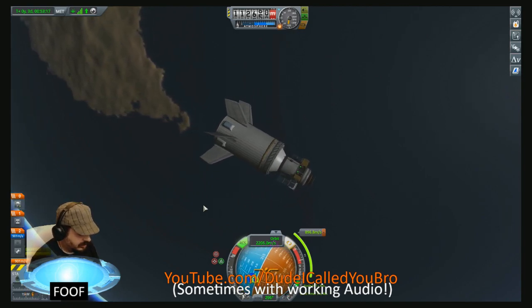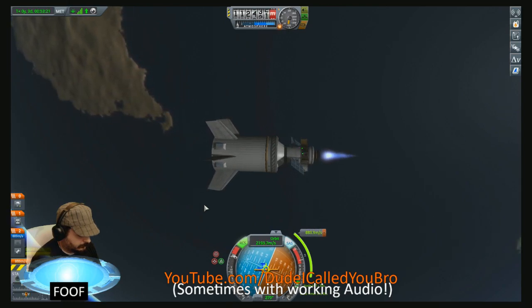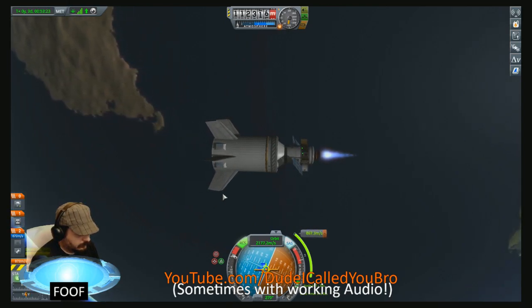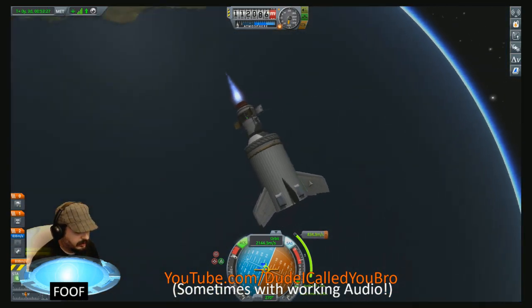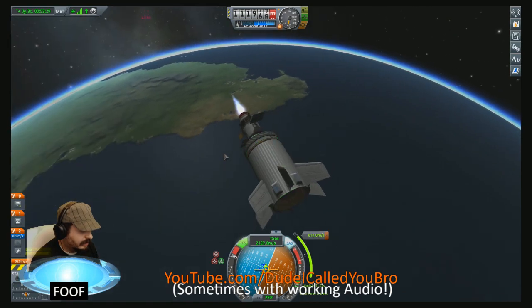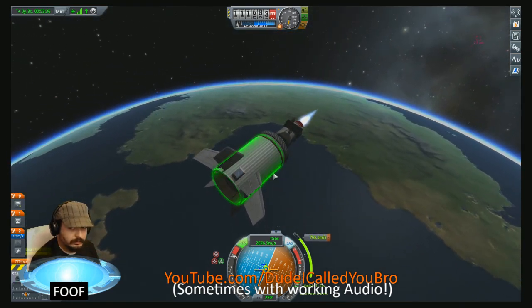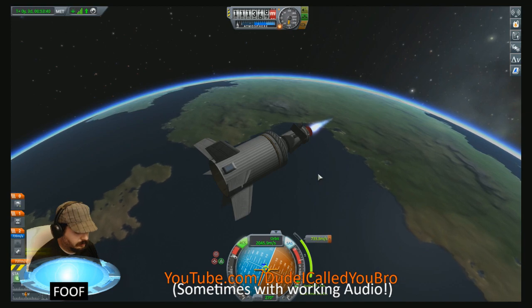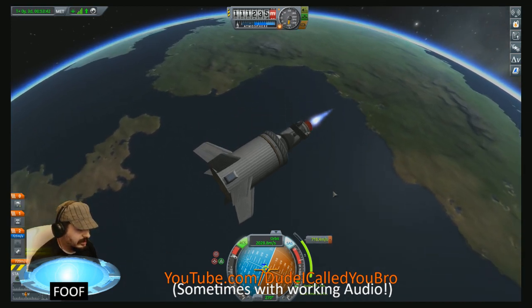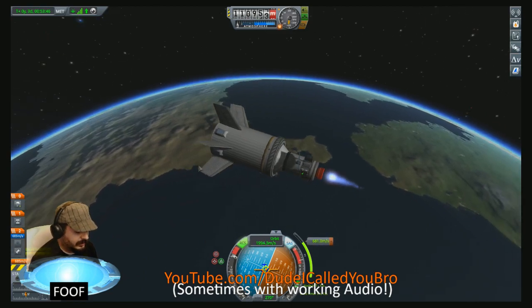So we missed our window to burn a little bit, but we are going to just start anyway. Just going to burn directly retrograde. So our whole maneuver was retrograde anyway. We're just starting it a little late. We're going to run this all the way to burnout. We're out of fuel, so...